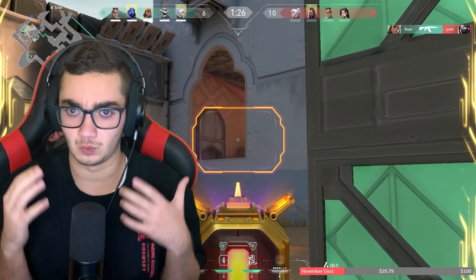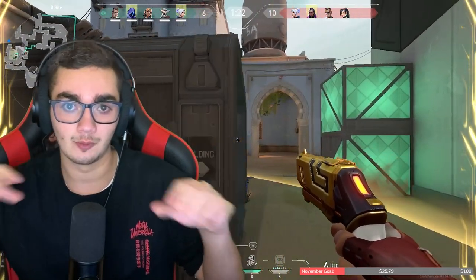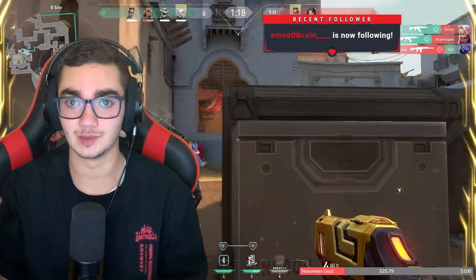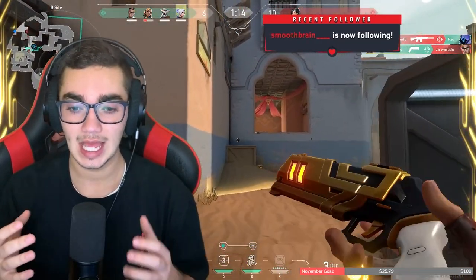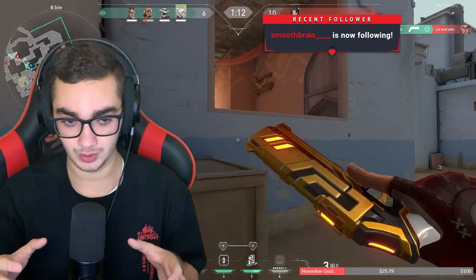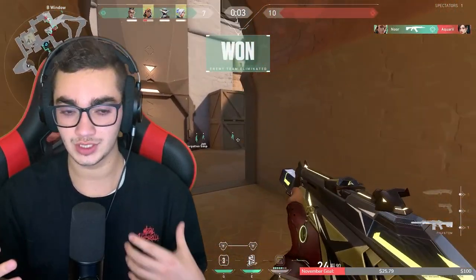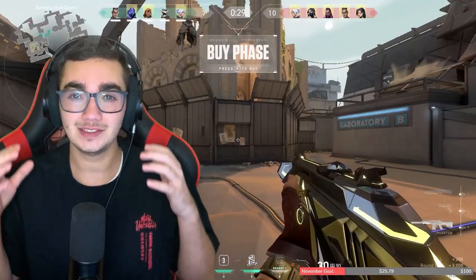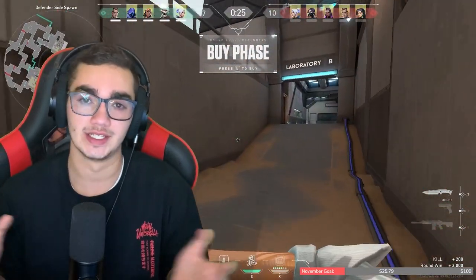You can actually get to some really, really cool places with this TP if you do some kind of combo with it. I'm very excited to see how this ability evolves over time because realistically, it feels good to use his teleport. Now, the only downside I see is the amount of sound it makes when you teleport. It makes a very, very loud audio cue,